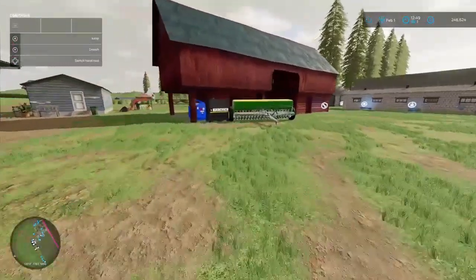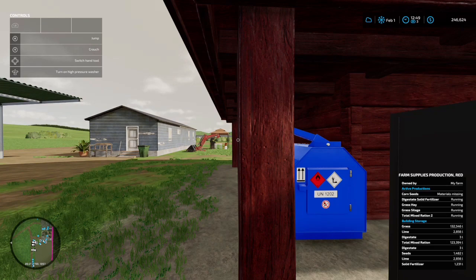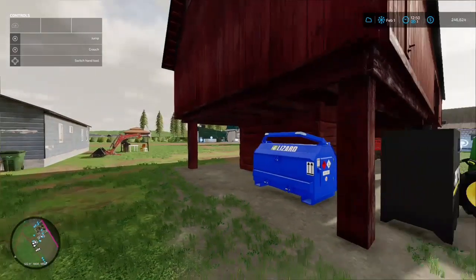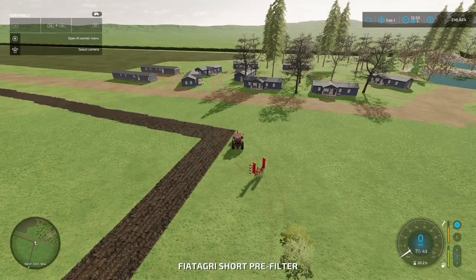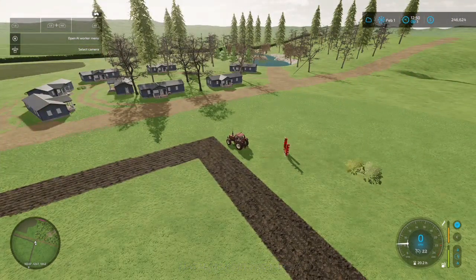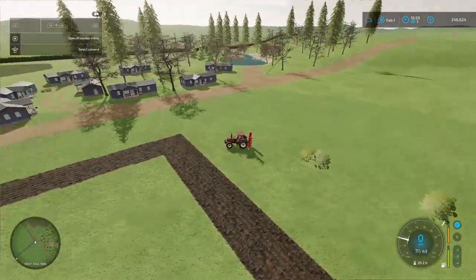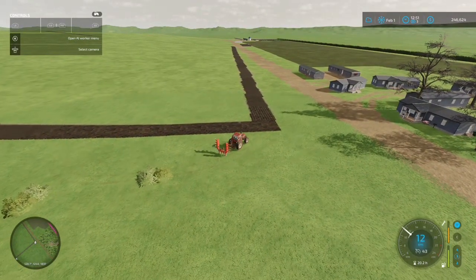So just to check on things in here, our TMR is getting made nicely. It's all looking really good. So solid fertilizer is a real slow process. There's got to be a faster way to do it. And back at this field, I do want to get a bigger plow. Excuse me. Sorry about that. I do want to get a bigger plow for this field, but the bigger plow is